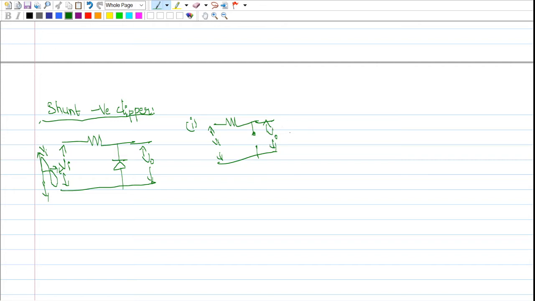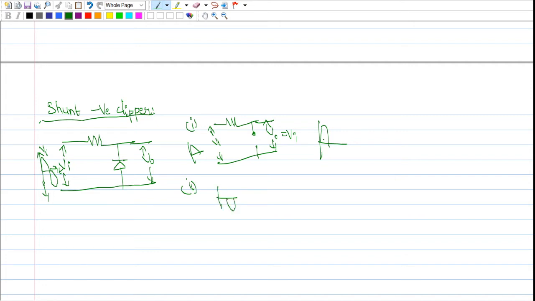The diode is off, it is an open circuit. Then V0 is equal to Vi, the input voltage. When V0 is equal to the input voltage, we get the positive half. So here I am applying the positive half cycle only. Next, the second condition is where I apply the negative half cycle.